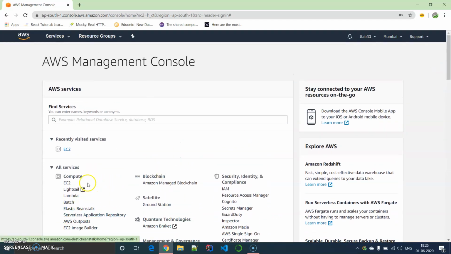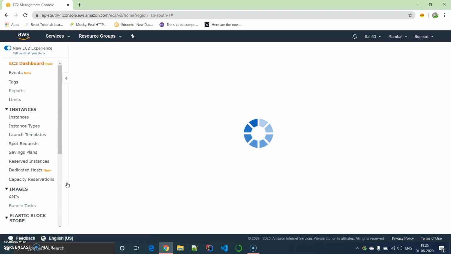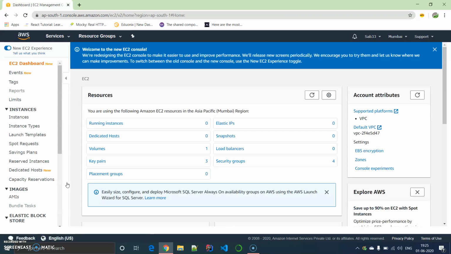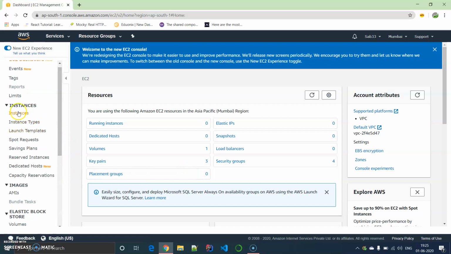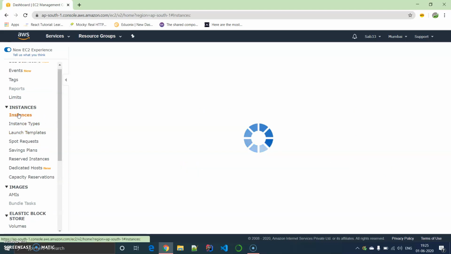What I'm going to do is come over here. You can either search for it, or come directly under the compute section. Here it is, EC2. I will click on EC2, and you will see that multiple configurations are present over here, like Elastic IP, and all the resources that I have in this Asia Pacific Mumbai region. Let me come on to instances. You have to go here,